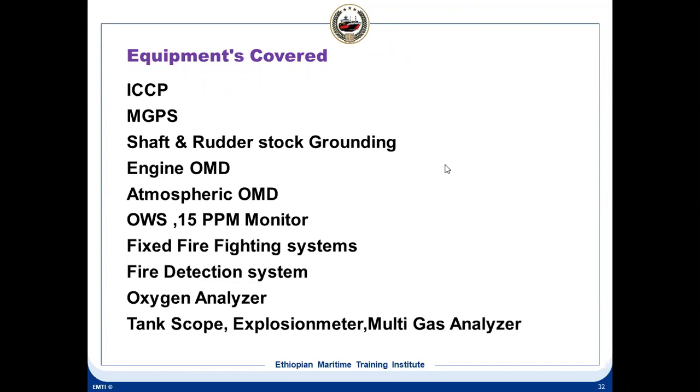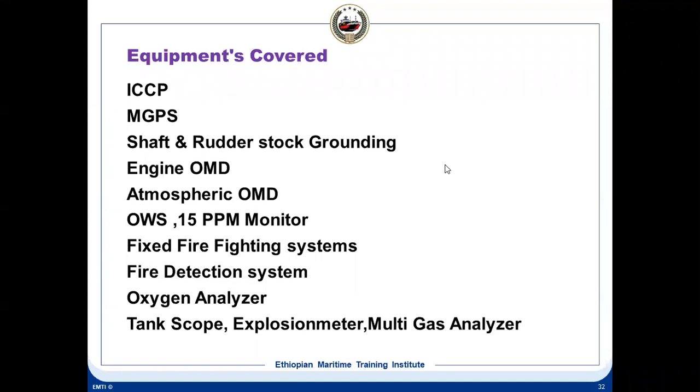Okay, engine room oil mist detection or atmospheric oil mist detection. What is the principle of oil mist detection? And what are the routine tests you carry out on oil mist detection? You can test an oil mist detector whether it is on the engine or in the engine room. A particular type of spray comes with this in a can. You can spray it onto any sensor, and the moment you spray the sensor, you'll find the alarm giving you the concentration. It will also show what the concentration is. So this is a way you can test it.